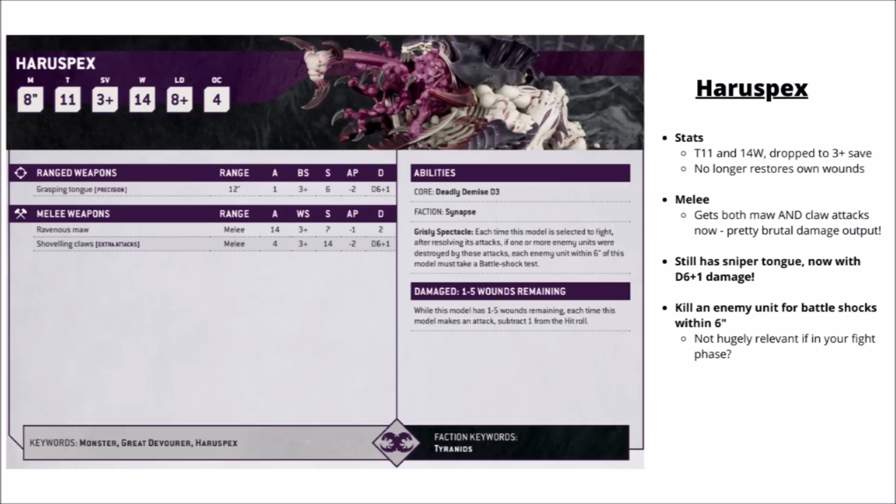Monsters next, and first up we have the Hungry Haruspex, a big tough monster with toughness 11, 14 wounds and a 3+ save, and this thing just wants to surge forward to melee and eat things. In combat, in 9th edition it was kind of okay, now I'd argue it's had really quite a massive improvement. It gets a crazy 14 attacks with that Ravenous Maw at strength 7, AP -1 and damage 2, but now you can also attack with the Shoveling Claws as well as the Maw rather than instead of it,